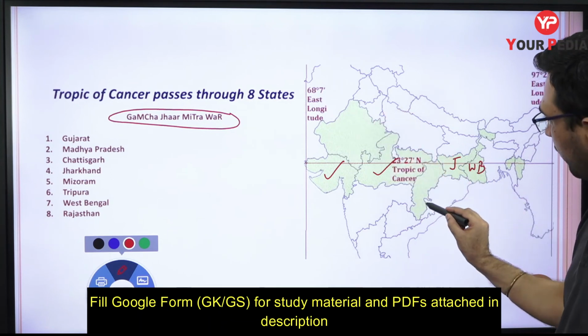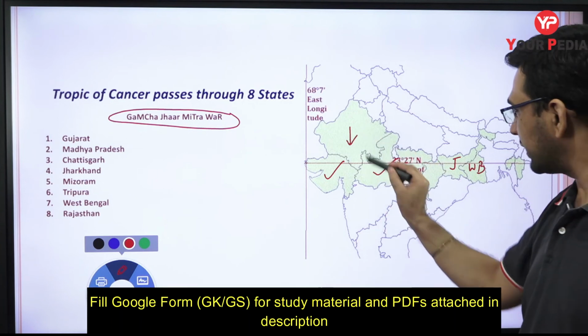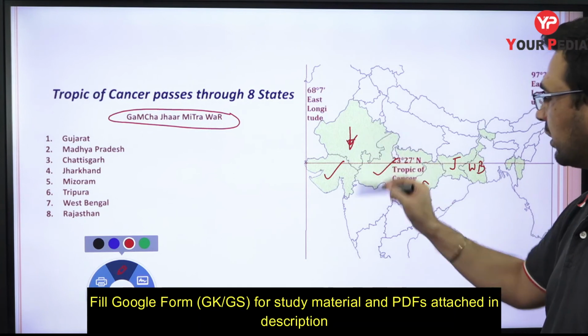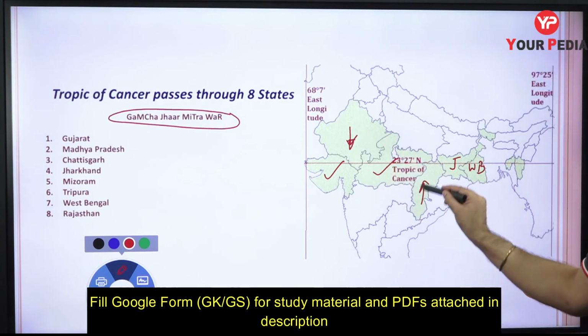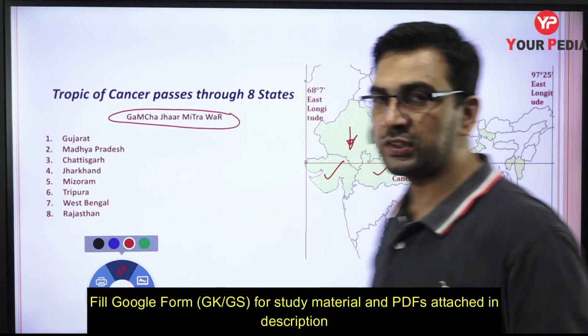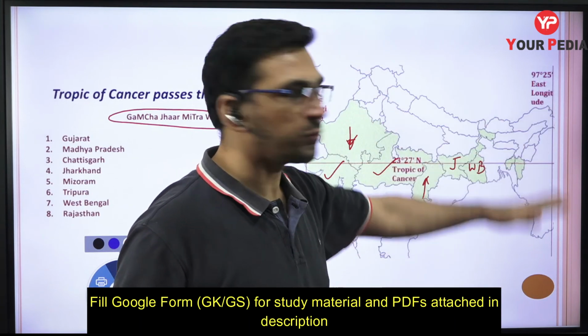You can just think of one state from down and one state from upward. They are interfering over here. You have to remember that Rajasthan is a small portion coming over here, and Chhattisgarh is a small portion coming down there. Also you are going to have two states from the northeastern states. These are going to be the southernmost parts.